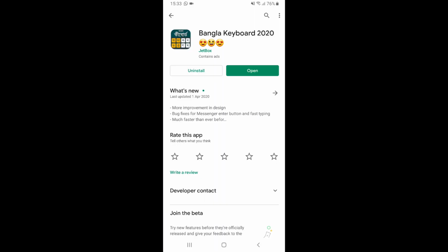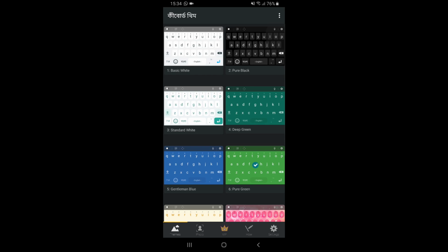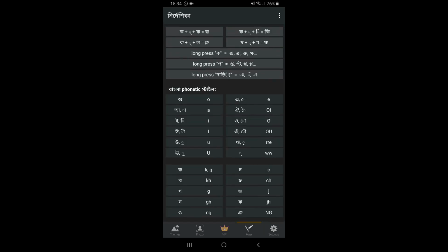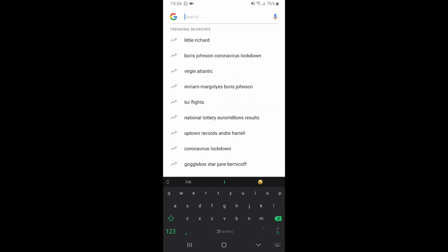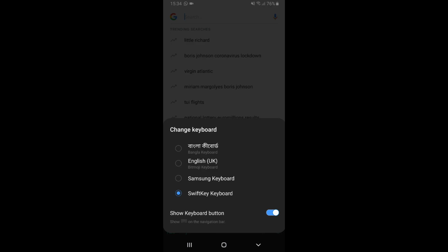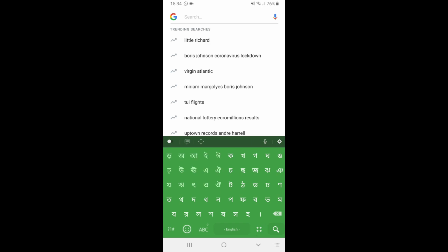The last thing I have to show on my phone is this Bangla keyboard, and I found it on the Play Store. So let's open the app, and the first screen is where you can choose a theme. There are lots of different options, but I'll show you what it actually looks like. If I, for example, open the Google search bar, it opens my standard keyboard, but I can just switch using the button at the bottom right and click on Bangla keyboard, and now it switches to the Bangla script,